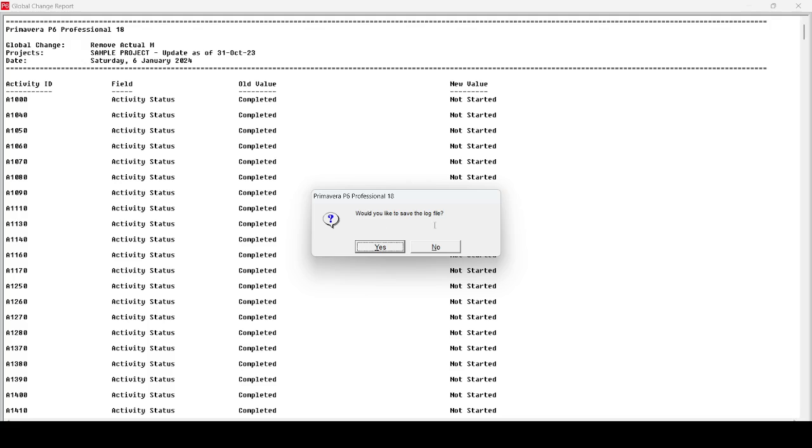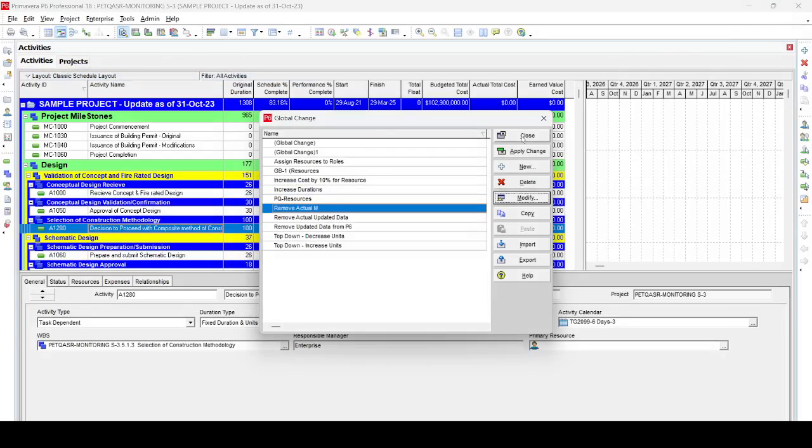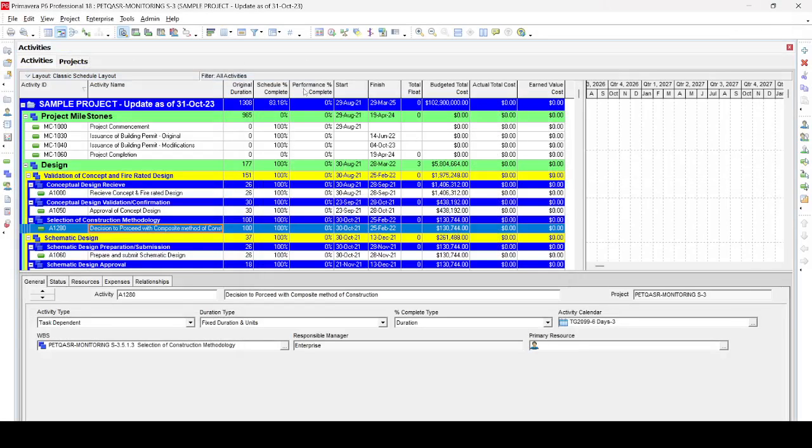Again, this asks you to save the log file. No need to save the log file. Just select no, and then press OK. Okay, you can see now that our performance percentage complete is 0, and our earned value is also 0. Now, if you have to restore the project again, you just need to run the project as